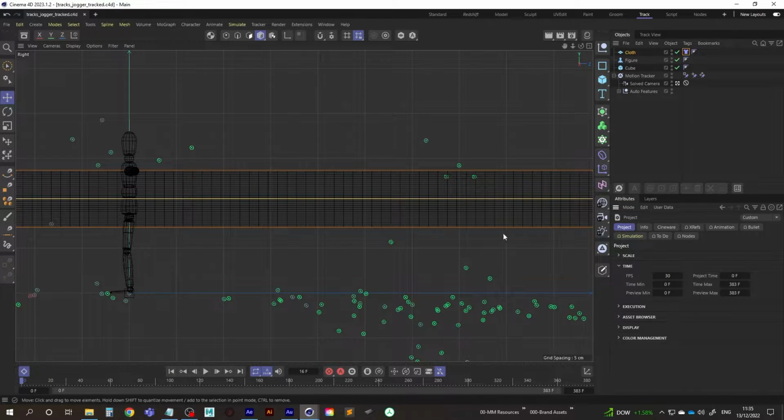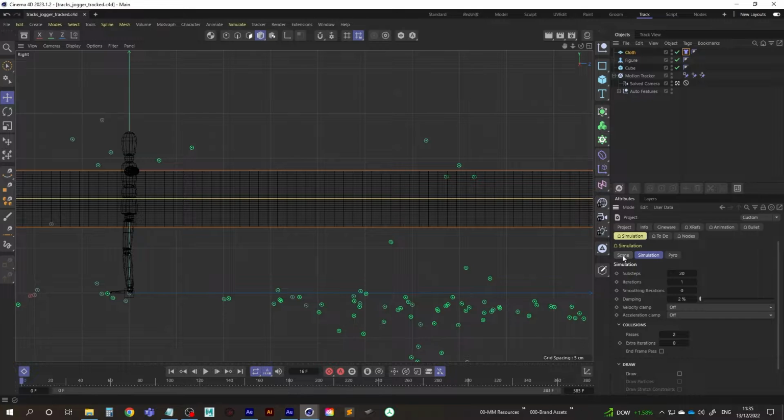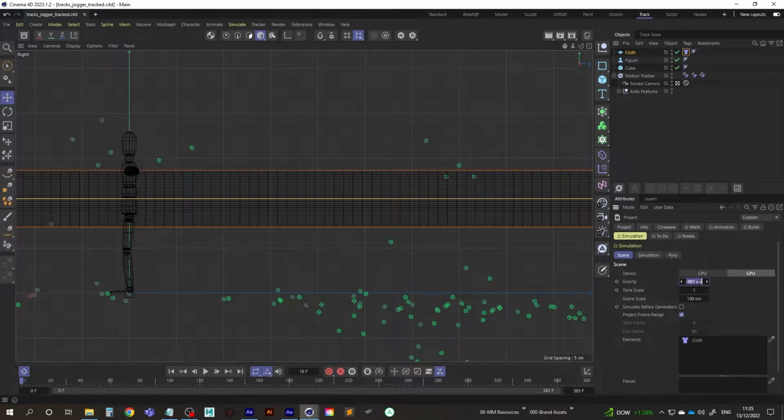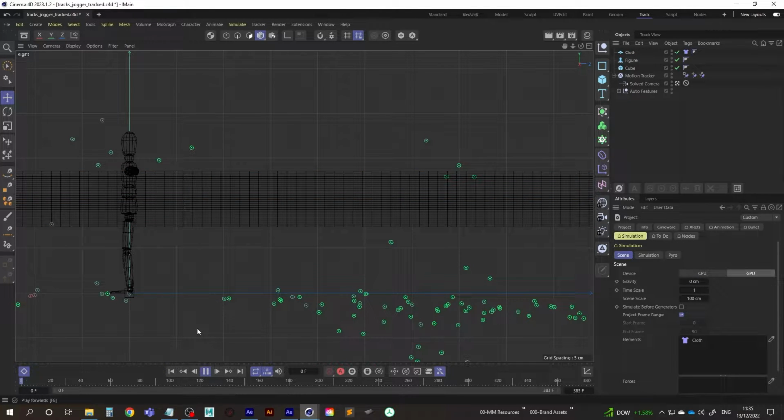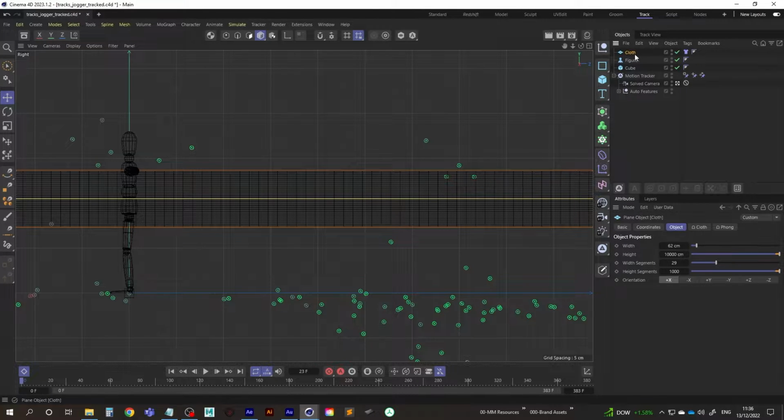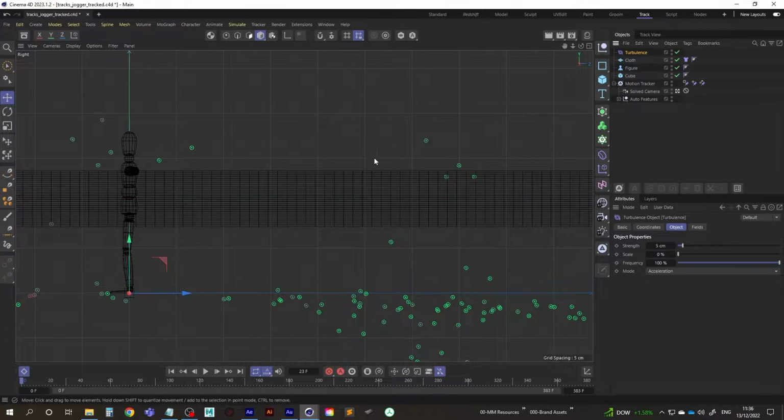So we're going to hit Control D on our keyboards, go to the Simulation tab, go into the Scene tab, and turn gravity down to 0. So now nothing's going to happen. But we do want the cloth to be flapping around, so we're going to add some turbulence into our scene. So the cloth is going to be like waving in the wind. So go to Simulate, go to Forces, and let's add a Turbulence object. Let's bring up the strength and the scale of this to, we'll try something like that for now